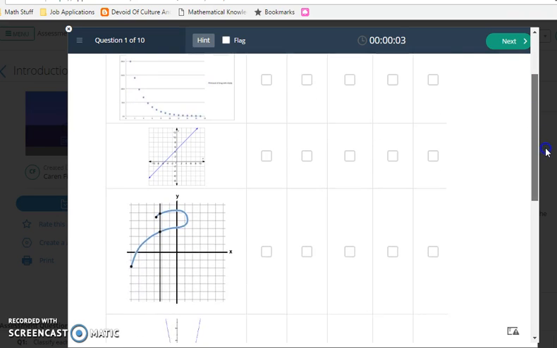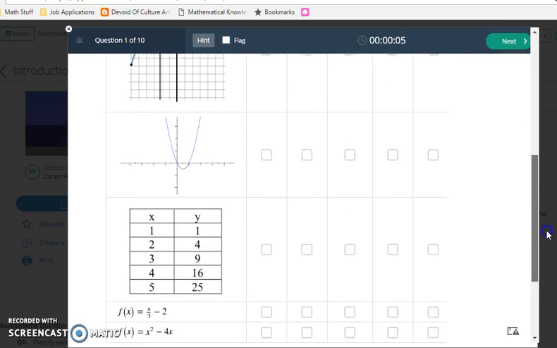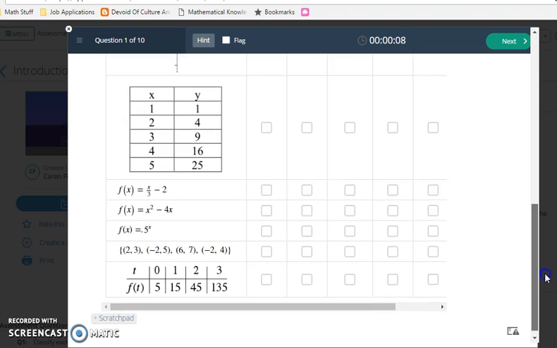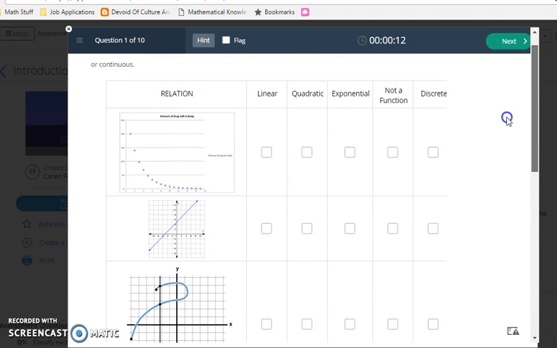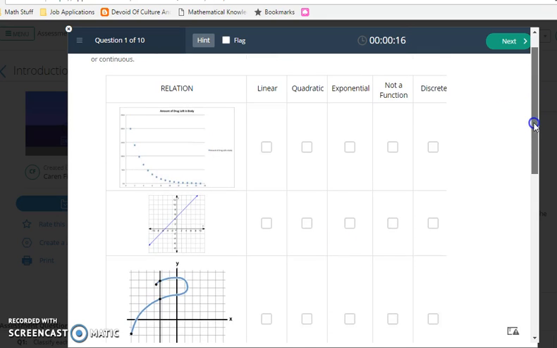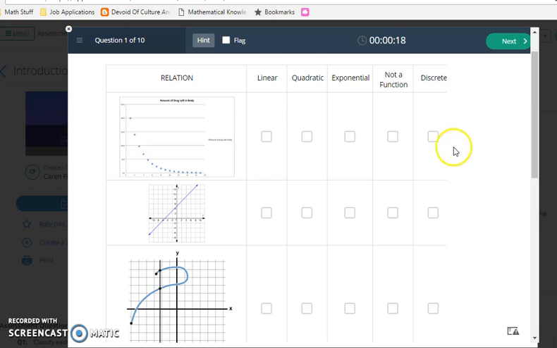Here is a classification test item. Students were given a function presented in a variety of ways, and students had to classify those functions as linear, quadratic, or exponential, or not a function at all, and whether it was discrete or continuous. So for example, the first one is an exponential function that is discrete because it is a distinct set of